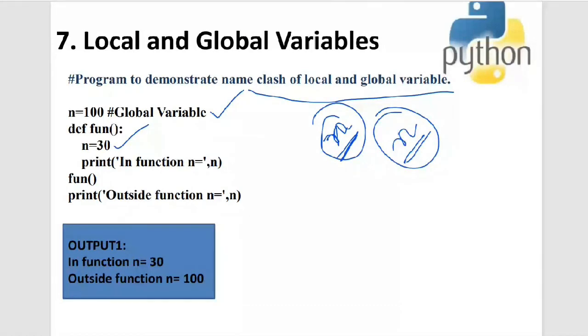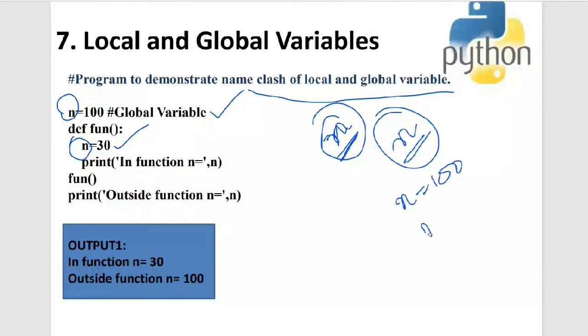So here in the program, I have two variables, n and n over here, where both are having the same name. It's not a mistake, you can have that. And you can also have it outside. In the outside of the program, I can say n is equal to 100. Later on, I can simply say n is equal to 30. But n will be a global variable, and its value will change. That's it. Okay, right.